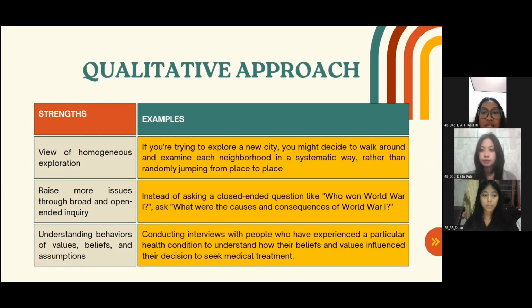This question allows for a wide range of answers and perspectives, as there were many factors that led to the World War and its aftermath. By asking this type of question, you may discover new issues to explore, such as the economic, political, and social reasons for the war, as well as the impact on different groups of people.